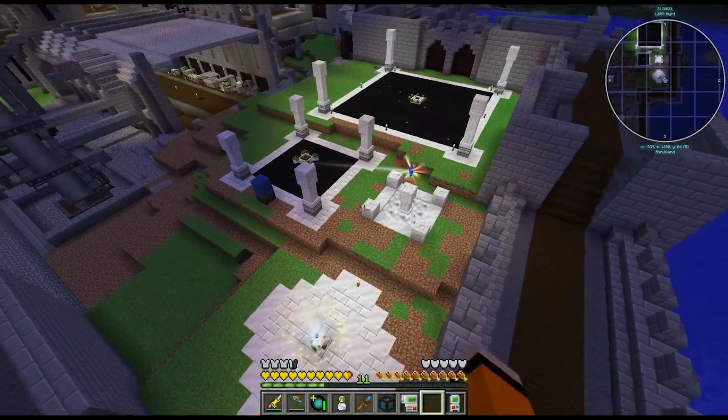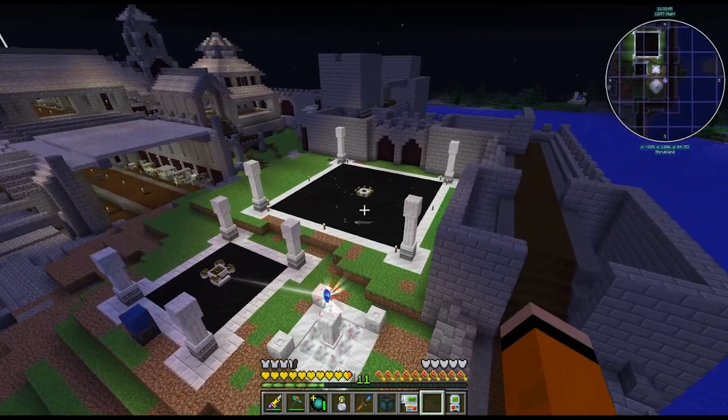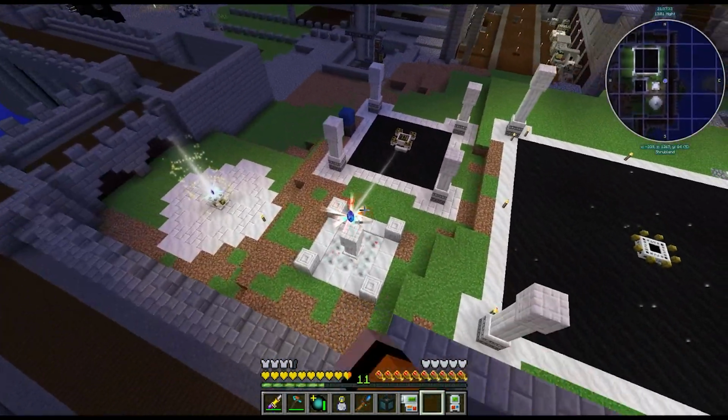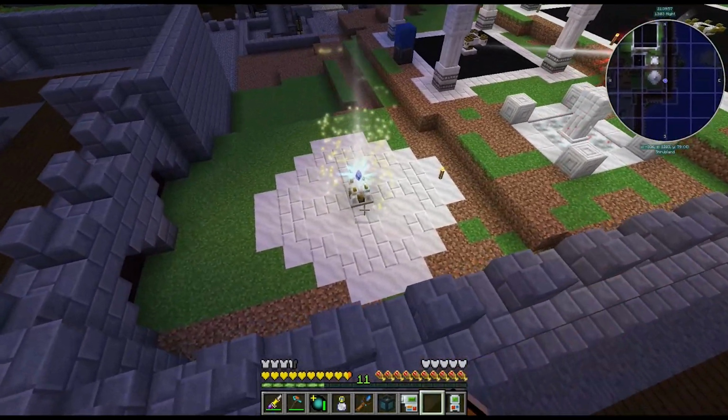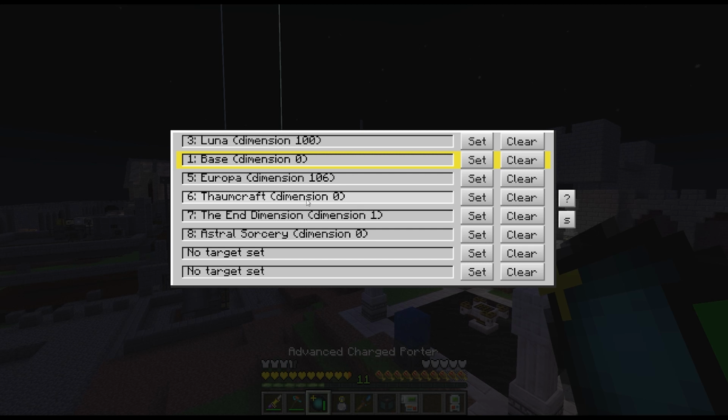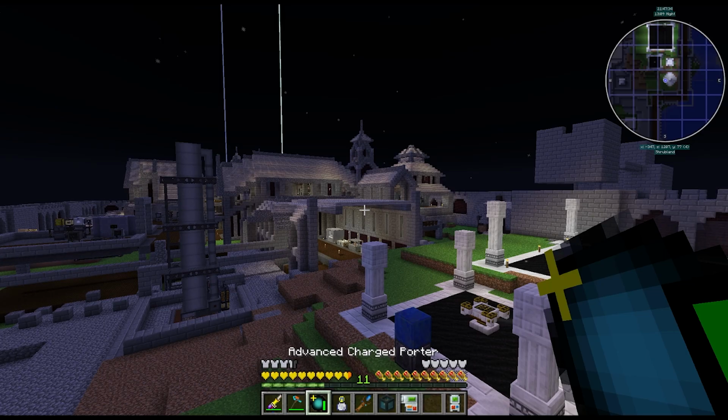Right, I got everything moved down over here. I got the attunement altar rebuilt. I set up our celestial altar. We're now at max starlight and the ritual. So the very last thing I'd like to move from the original Astral Sorcery area